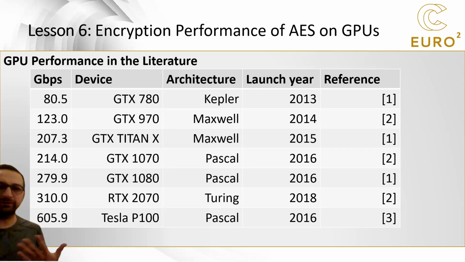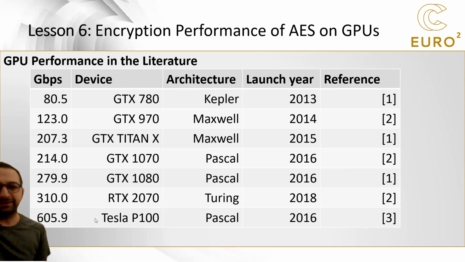But for a scientific experiment to be scientifically sound, it should be reproducible. So we should have the source code, because when I want to compare my results with this one, I no longer can obtain a GTX 780. It was manufactured around 2013, so generally it is not easy to get hold of one of them. So the main problem is that we cannot compare our results with these previous results, but also,